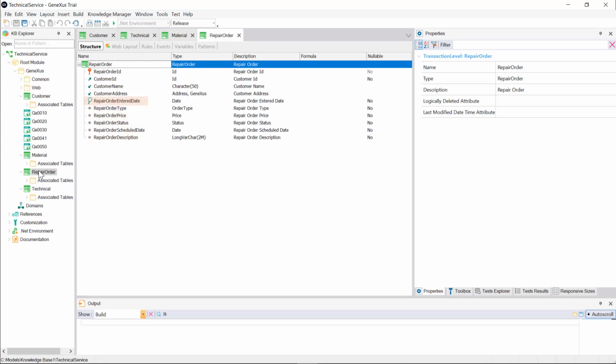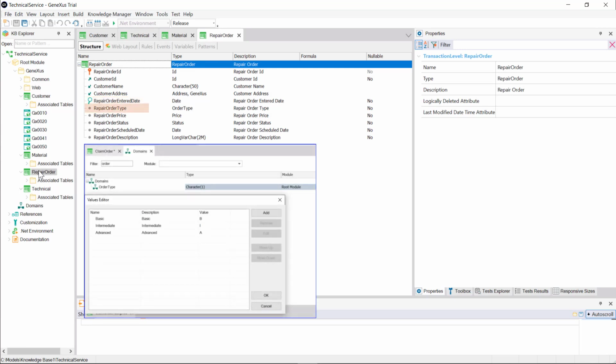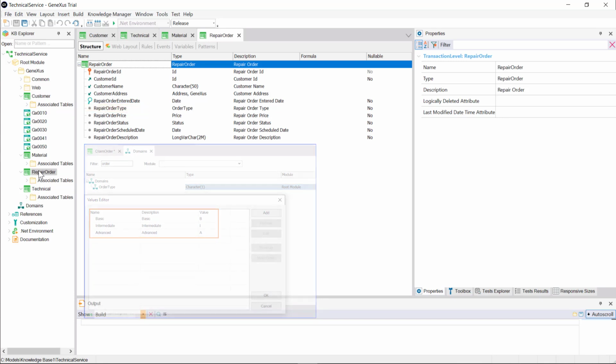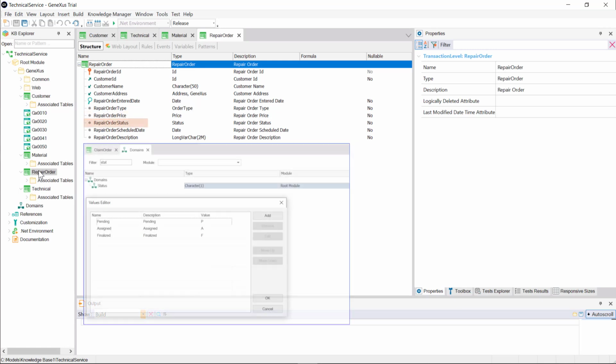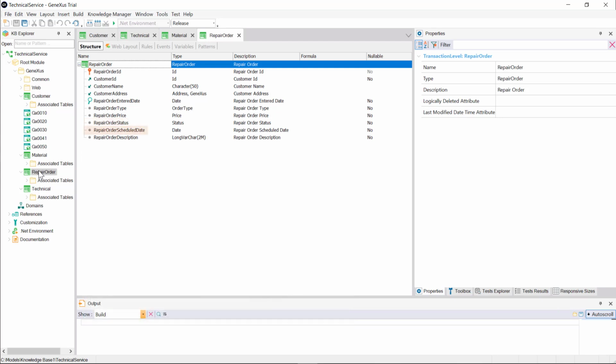To record the date of entry, the type of order, whose data type will be enumerated containing these values, the price, a status, whose data type will also be enumerated and will accept the following values, the date scheduled, and a description.